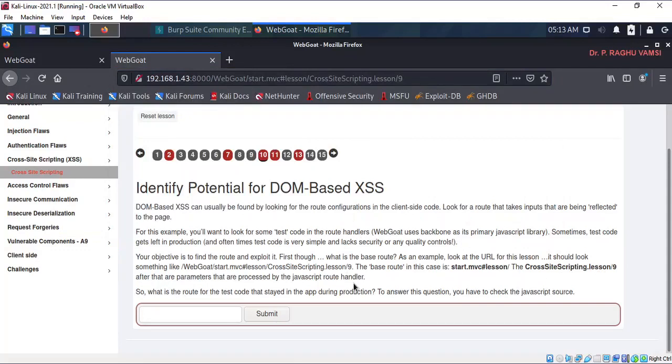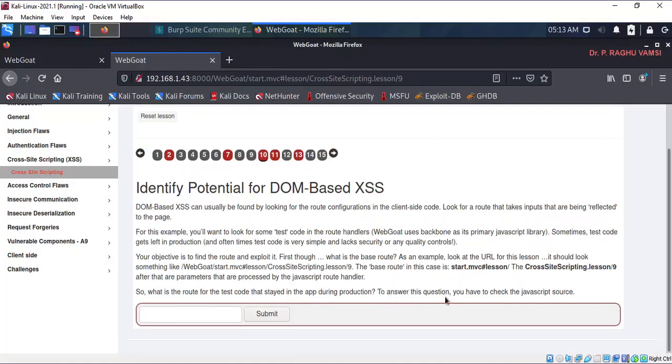In the web technologies course, we have seen the routing information. Whenever the corresponding name is mentioned, it will automatically be routed and the corresponding page will be shown on the screen. So what is the route for the test code that stayed in the app during production?